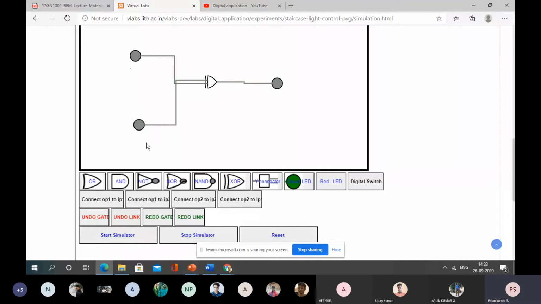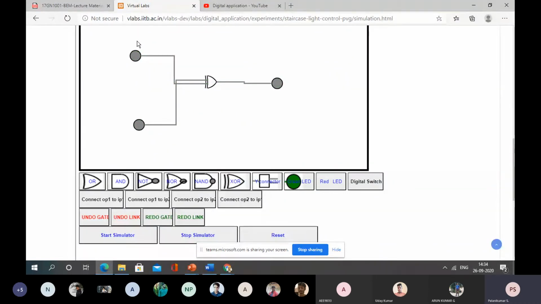This is the one concept. Another way, one person is coming from the first floor to the ground floor. He is coming, he is pressing. Now the lamp is on. Now he reached the ground floor. Now he is pushing that, it is off. Okay, so that's all. Now in this way, another person is coming. He is making the switch. He wants to go from the ground floor to the first floor. He is pressing the switch. Now the light is on. After reaching here, all the four conditions are verified.